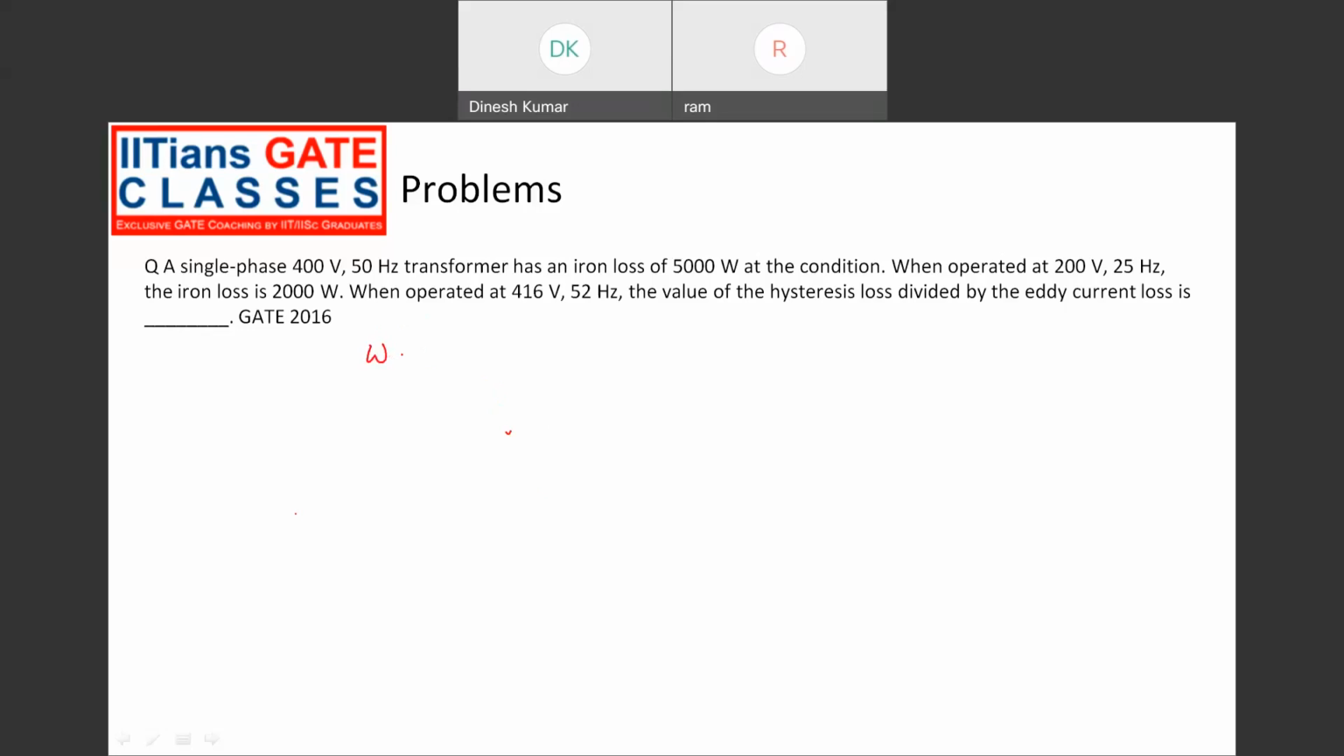We know that here, if you see the ratio, V1 by F1 equal to 200 by 25, so that is 8. V2 by F2 equal to 416 by 52, that is also 8. So V1 by F1 equal to V2 by F2, which means Bmax is constant, right? So when Bmax is constant, I can write